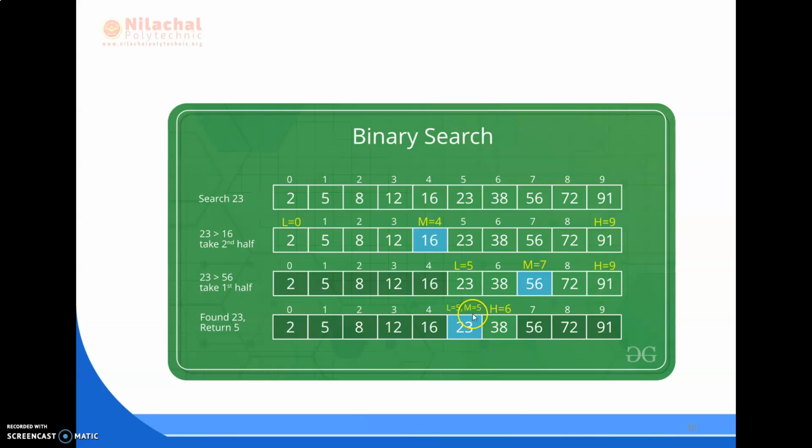So by getting the mid value of this, we are getting that 5 is the mid value of 5 and 6. Because adding 5 and 6 we get 11, and divided by 2 we get the mid value again 5. So here we are going to again compare that, is 23 lesser, greater or equal to the item? Yes. Here we have got at the 5th position, we have got our item 23. So we have returned the mid value as the location, that is 5. This is how we do the binary search.